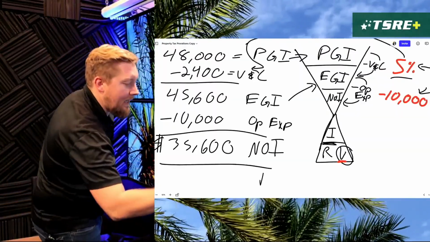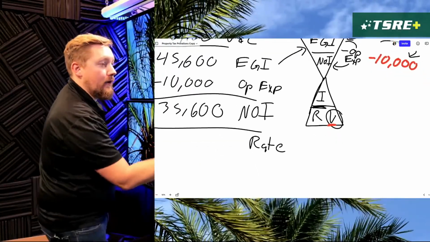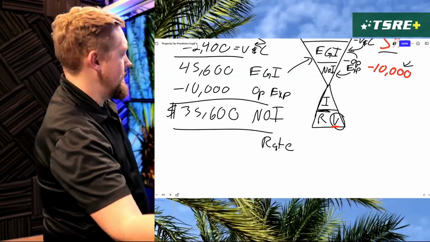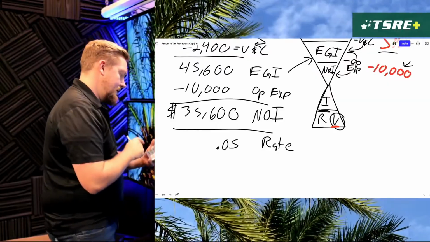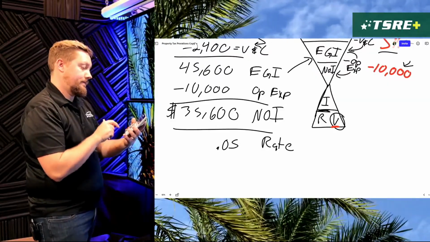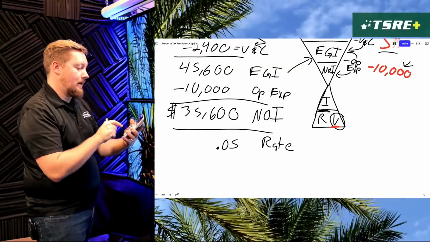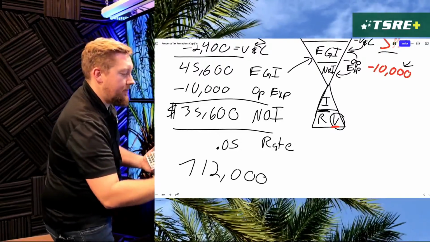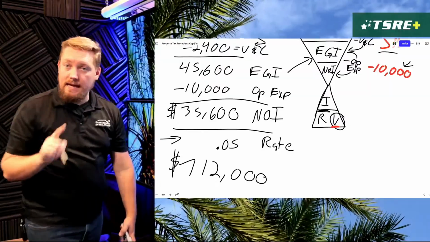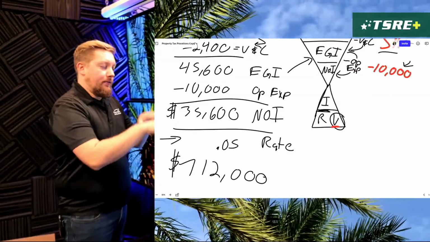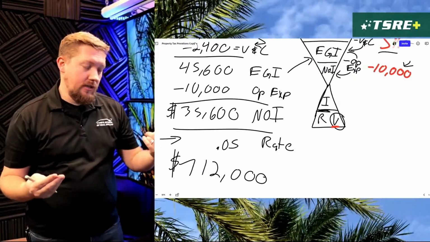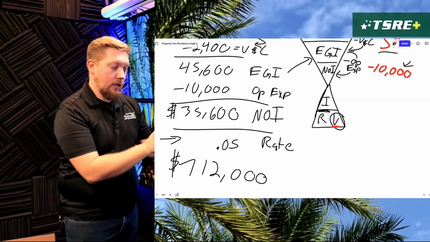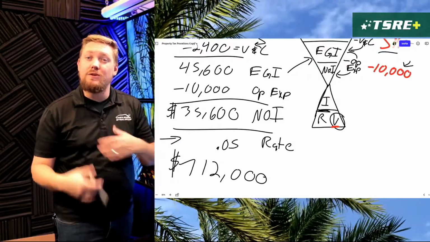Let's divide it by a capitalization rate of, we'll use that same 10% here, to figure out, we'll go with the 5%, since that is not only more realistic, but it also is going to give us a bigger number here. So 35,600 divided by 0.05, and that's now a $712,000 property using the same 5% cap rate. So if the 5% cap rate is kind of the going rate in the market, meaning that if you had a cap rate of, let's say, only 3%, that would mean that you're charging even more for this property with the same amount of income, so it's not as attractive.